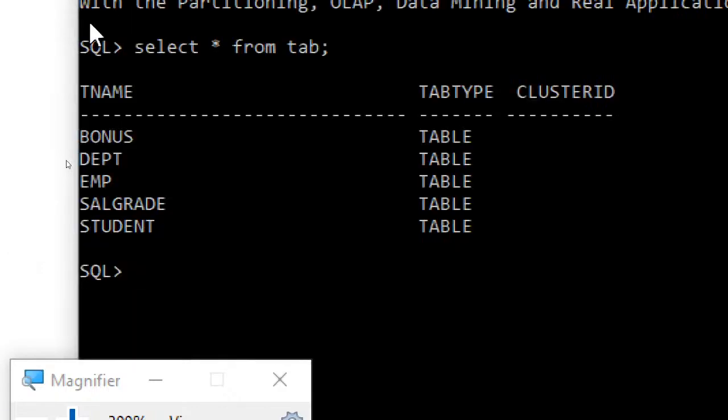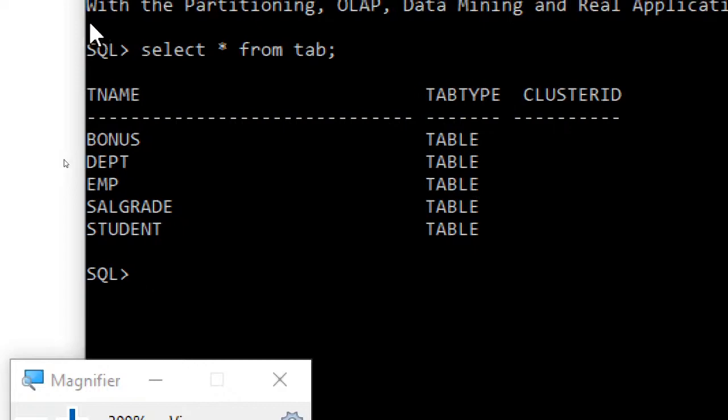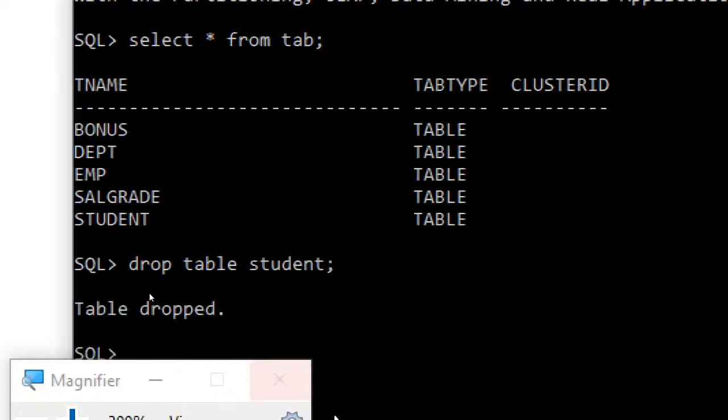So you can see by default there will be 4 tables. That is the first 4 what you can see: bonus, department, employee, salary grade. Those 4 tables will be there by default in this Scott account. Only the student table which we created got added here. And now if I want to run my JDBC program which I have created in the Eclipse IDE once again, what you have to do is you just need to delete this by using the command drop table, then the table name. By using this command you can just delete this. So table dropped.